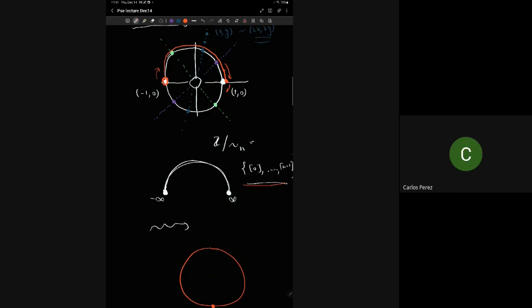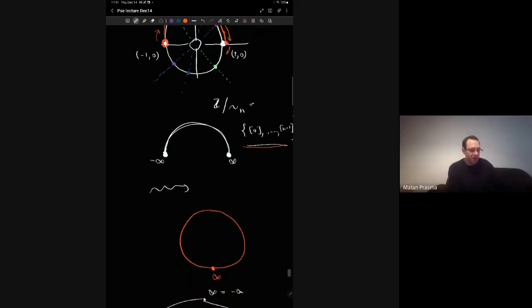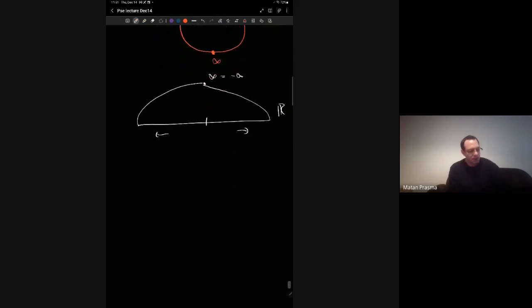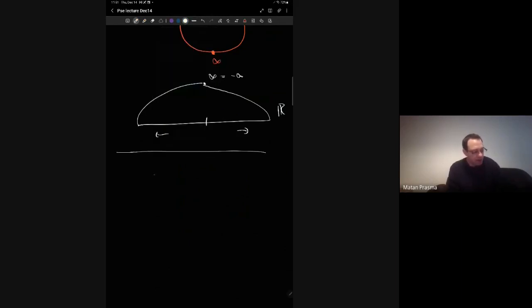Why does it have to pass through the origin? That's what I don't get. Because what you will have in, I mean, the projective plane